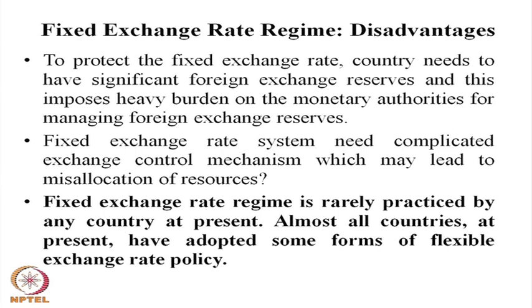So, we need an exchange control mechanism. The exchange control mechanism may be in the form of export control, import control, control on the free movement of capital, control on what is called the balance of payment regime. So, these are requirements to practice a fixed exchange rate, and this leads to misallocation of resources. So, it is very difficult to practice what is called a fixed exchange rate regime, because there are many advantages, no doubt. At the same time, disadvantages are more, because